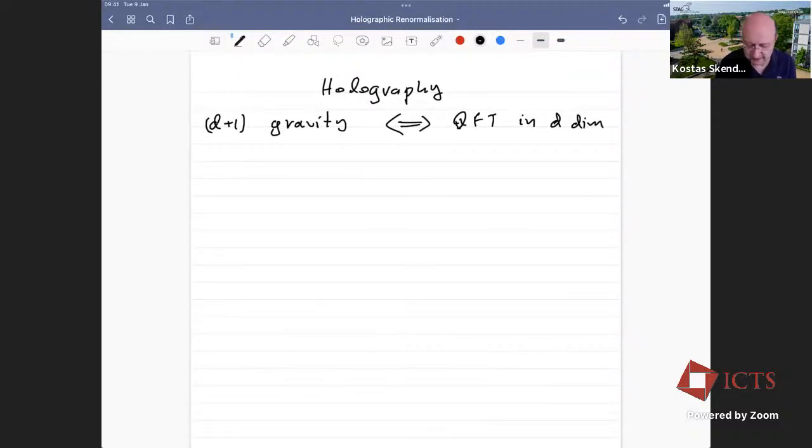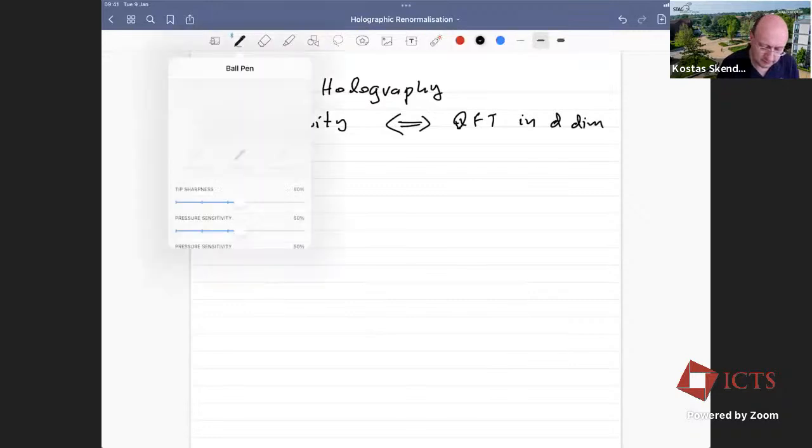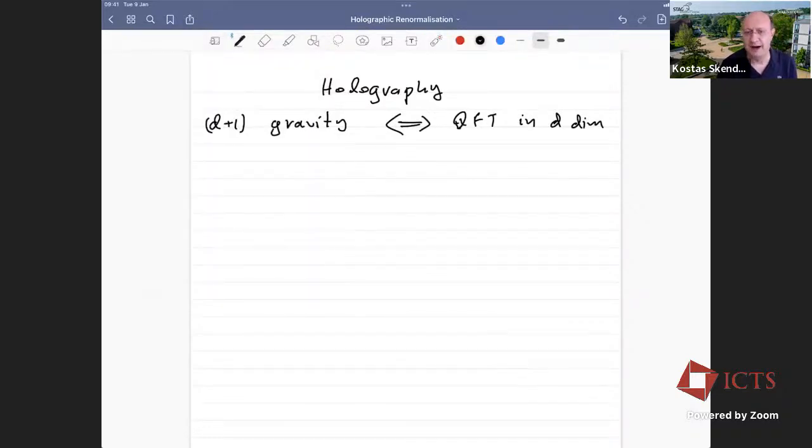But to really understand what it means, I'm going to start on the left-hand side, describe a little bit the sort of things we want to know about quantum field theory, and then build our way to see how we could possibly realize quantum field theory using a different formulation, a different language, by discussing gravity in one dimension higher. Now, going back to the very basics, one of the most basic observables, both classically and quantum mechanically, is: if you have an excitation, you want to know what energy it carries, or what momentum it has. So essentially, all quantum field theories have an associated composite operator, which is the energy-momentum